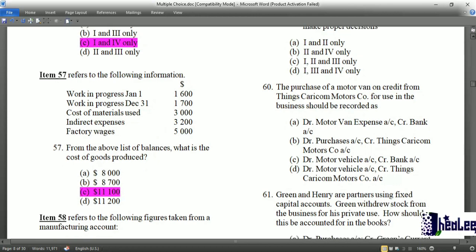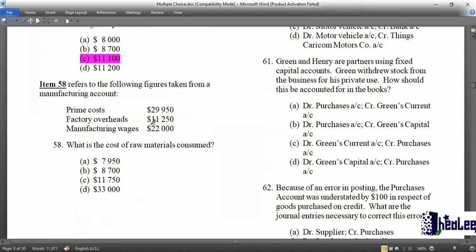Number 58 refers to the following information taken from the manufacturing account. What is the cost of raw materials consumed? In order for you to get prime cost, you would have to add your manufacturing wages, which is your direct cost, to your cost of raw material consumed. So what you're going to do is to solve to find the missing item. So that would be the 29,950 minus, you're going to take back off that manufacturing wages of 22,000, and that would give you the cost of raw material used, which is